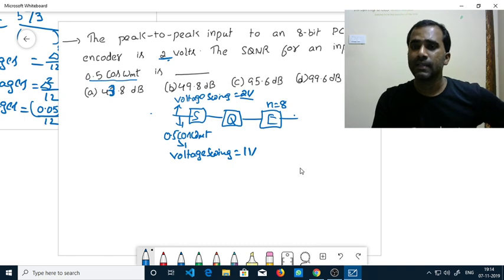Right. Since it is 8 bits, 6 times 8 is 48 dB. Is any answer close to 48 the answer? No. Why is it not an answer? Why is 49.8 not the correct answer? Because